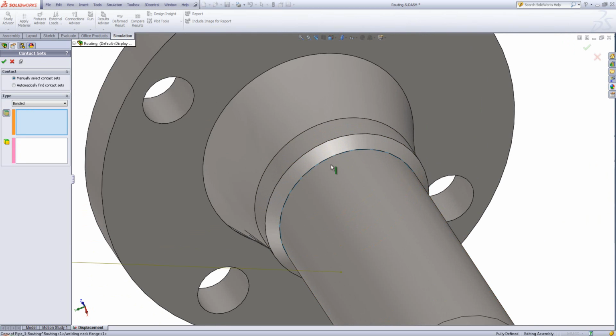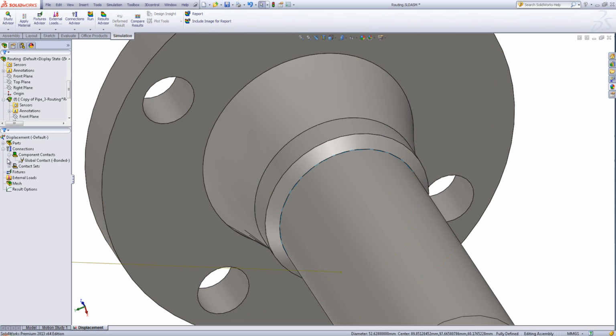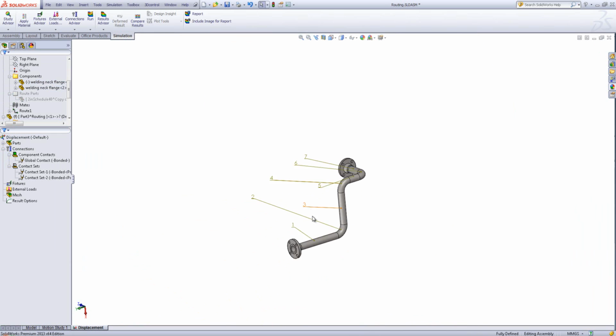I'm going to do the same up here. And now we've got that bond set up. You'll see we've now got an additional folder with 2 bonded contacts applied. Okay,